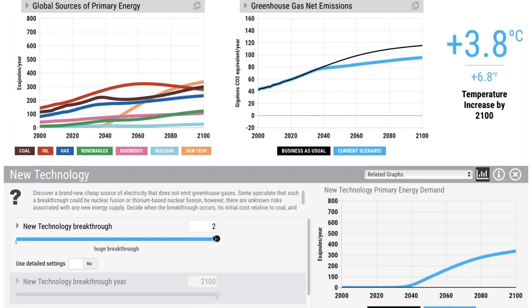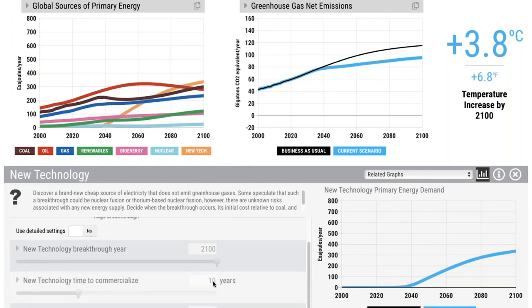Now, the main insight here is not the answer, it is why. And that's what's so critical: why is that happening? The short version is it takes a long time to displace fossil fuels. Why does it take a long time? Well, first of all, in this case, I think, just 10 years to commercialize is what we assumed.